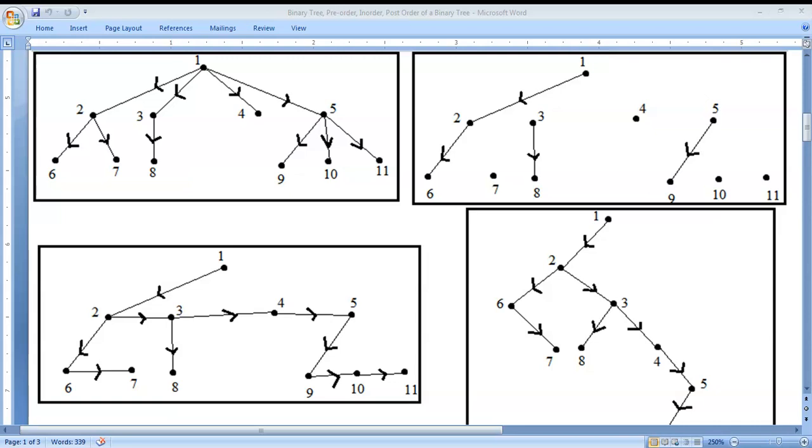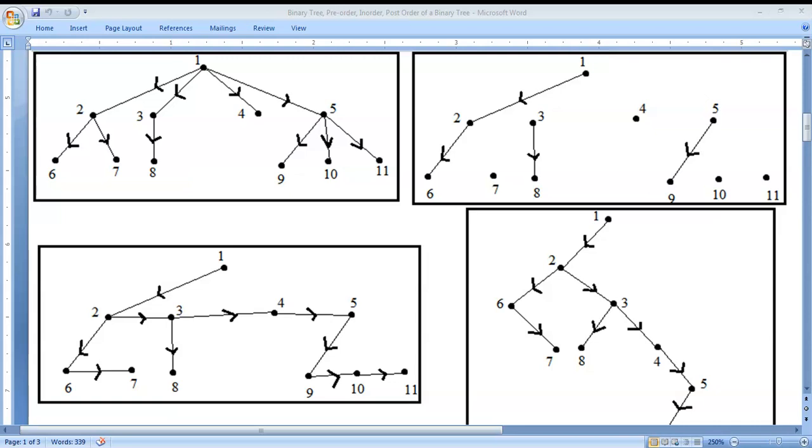From the third box to the fourth box, let us start with vertex 1. Vertex 1 already has the left edge 1 2, so left edge 1 2 is shown. Then vertex 2 has two edges, one left edge, that is 2 6. So left edge 2 6 is shown as it is, and recently we have made the edge 2 3. So take the 2 3 edge as a right edge.